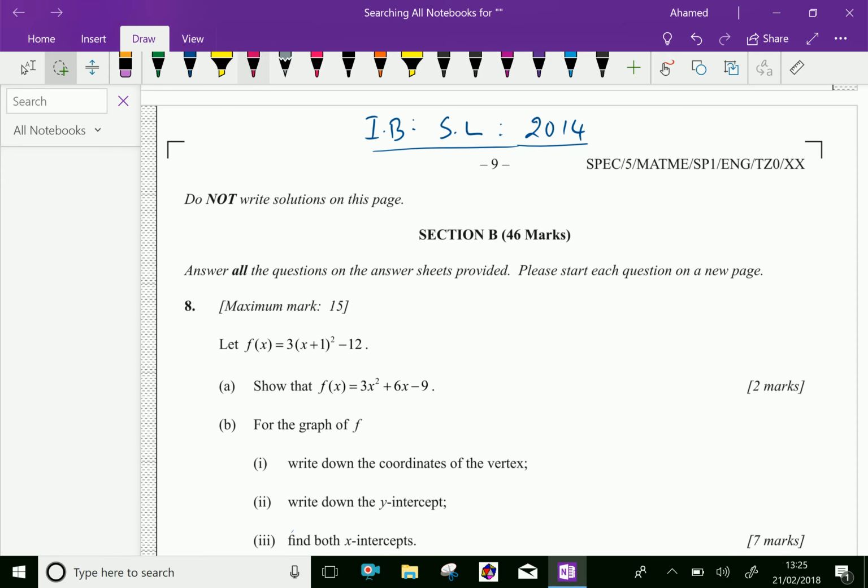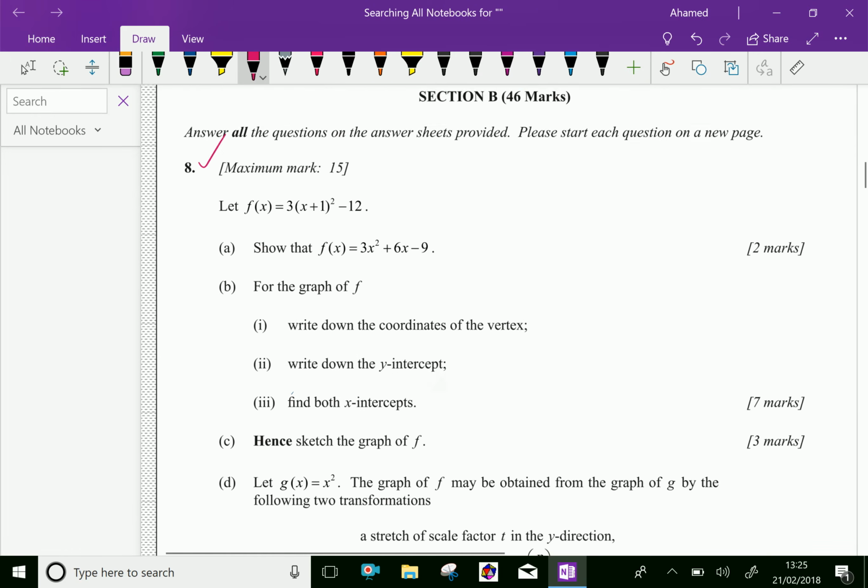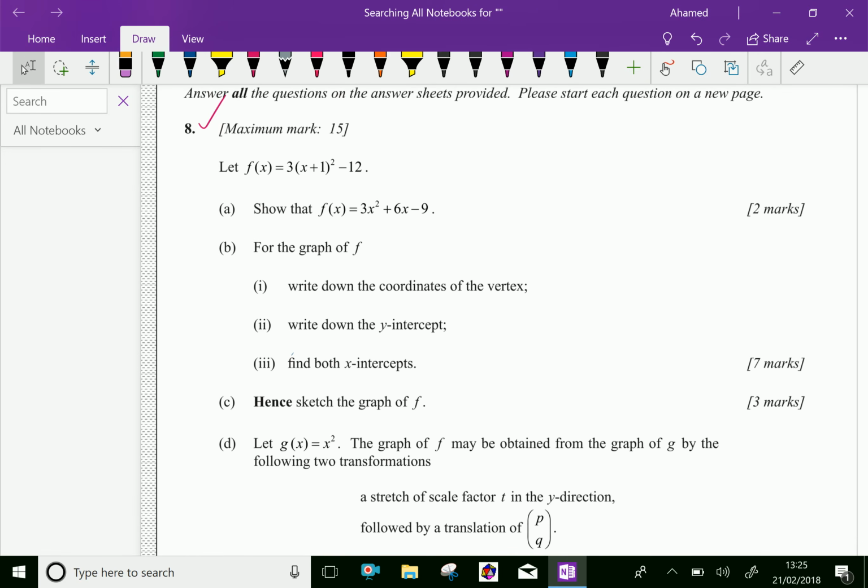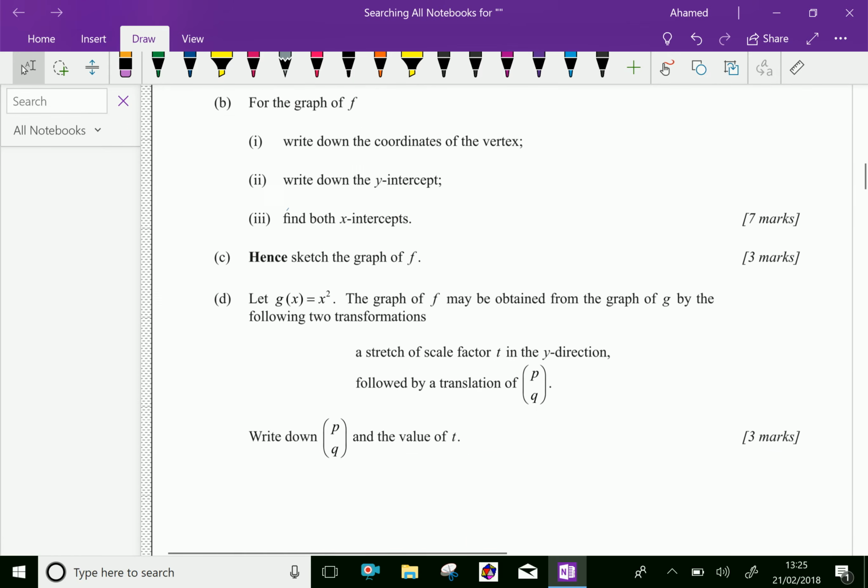Example: if f of x equals 3 into x plus 1 whole squared minus 12, show that f of x equals 3x squared plus 6x minus 9. Here,